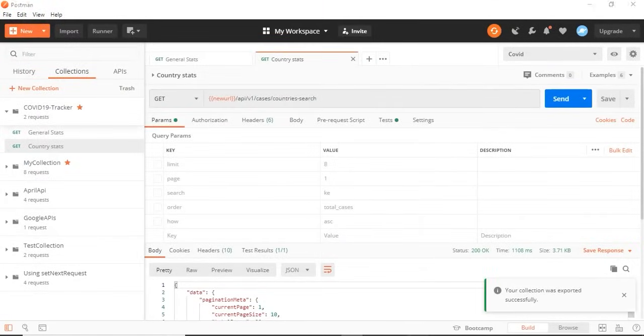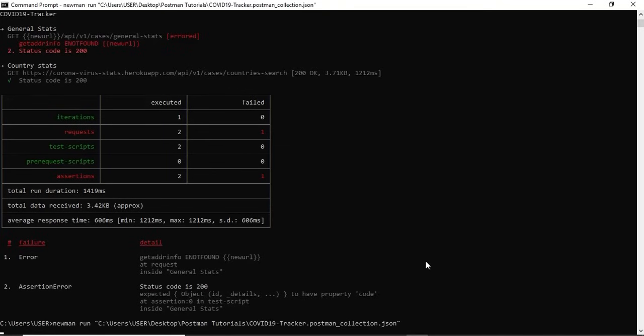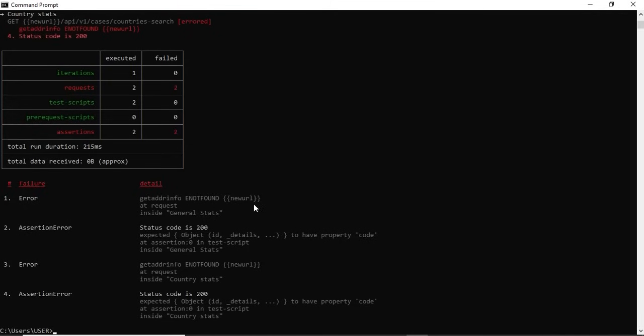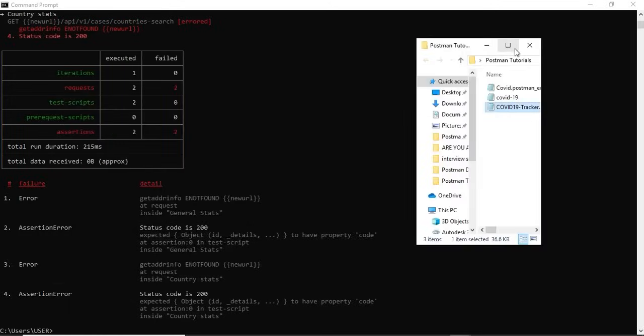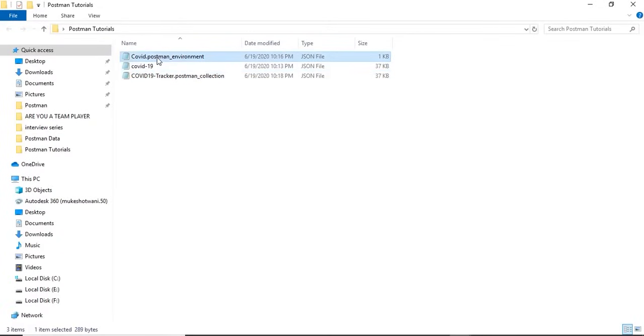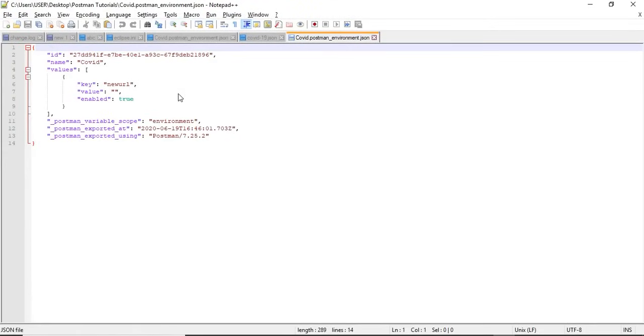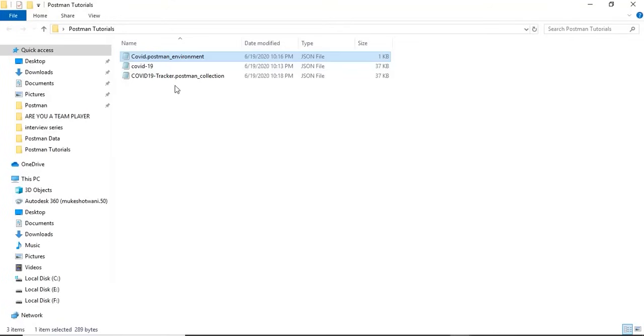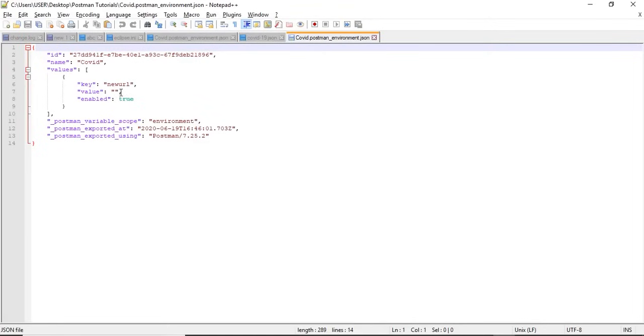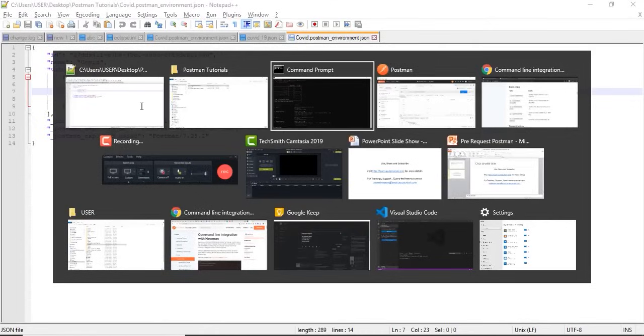Yeah, so this time both should fail because both the requests will not be able to understand what is the new URL. So it is failing and it is expected. So here comes the main deal. We also exported our environment, right? So this was our environment where we have the value that we have entered, correct? So this was the environment that we downloaded, but the moment you open this, can you see this value is coming blank? The reason is, now if you go back here,